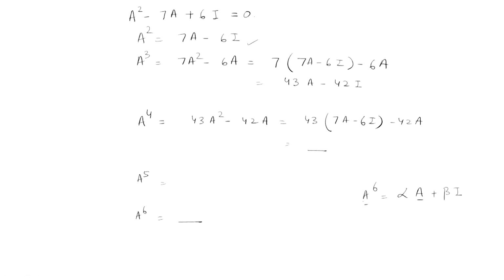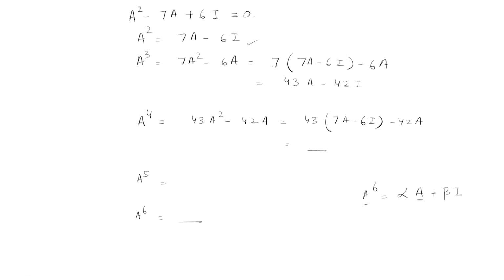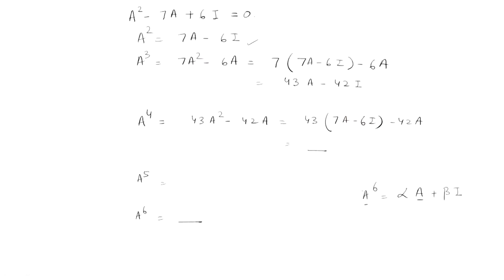Okay. And the other way out is using Cayley-Hamilton theorem. You might be seeing that for a 2 cross 2 matrix, either you can multiply A six times, A square, then A cube, then A raised to power 4, A raised to power 5, and then A raised to power 6. But if it is a larger matrix of order say 10 cross 10, then finding A raised to power 6 is a difficult task. But using Cayley-Hamilton theorem, it is easy to find out. So, this is the main importance of Cayley-Hamilton theorem, to find out the higher powers of A, to find out A inverse, adjoint of A, and other things about the matrix A. Now, what is monic polynomial?